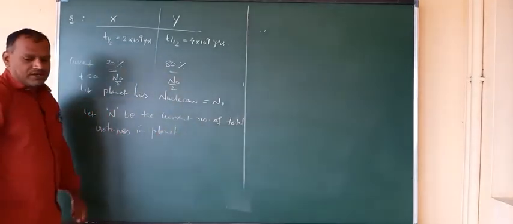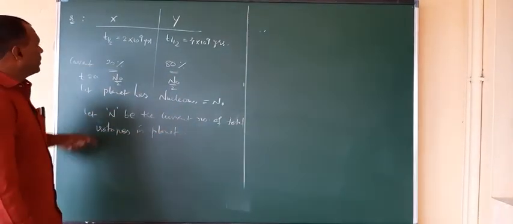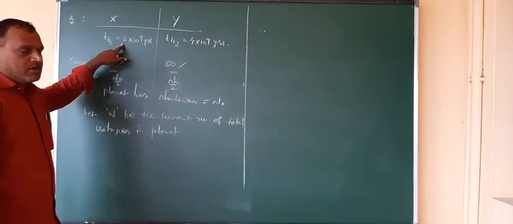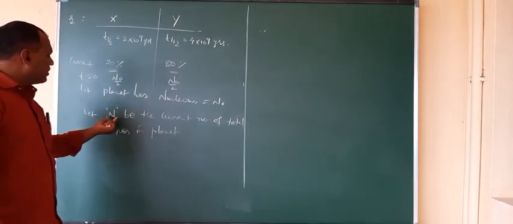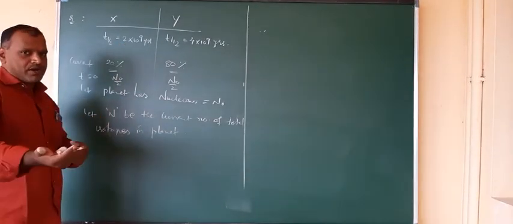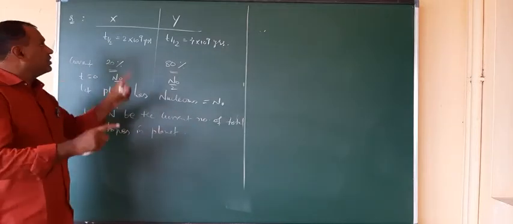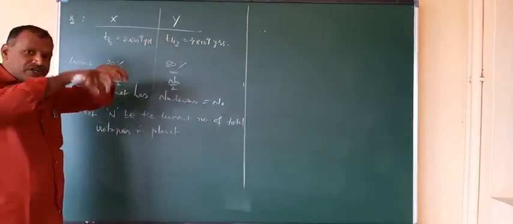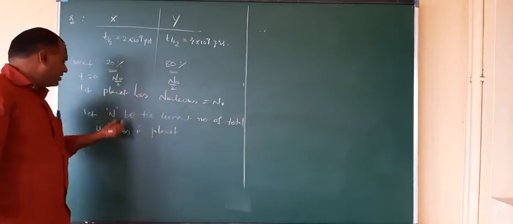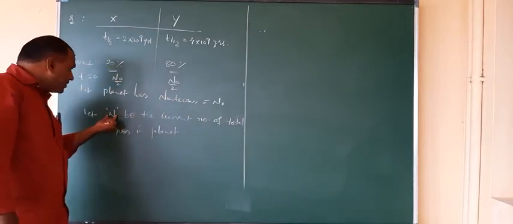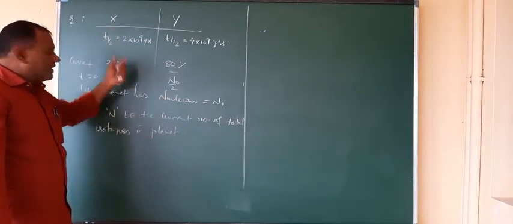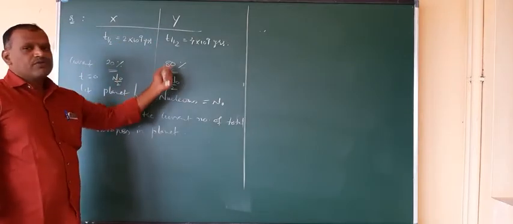Now I can write here, as we know, the half-life time period is given. You can find out that n is equal to the total number, the combination of both X and Y, that is present after the time interval. So out of this, only 20% is X, and only 80% is Y. That is clear.